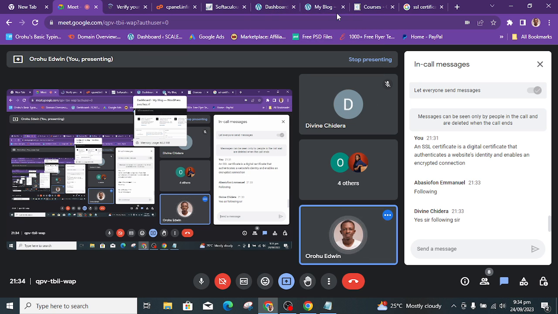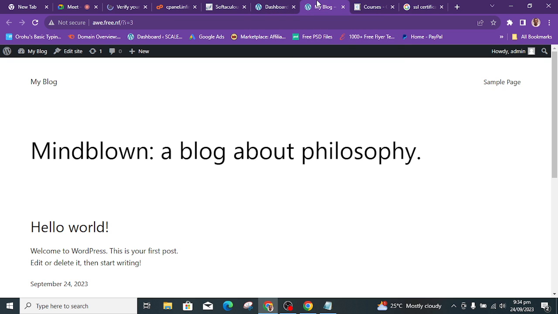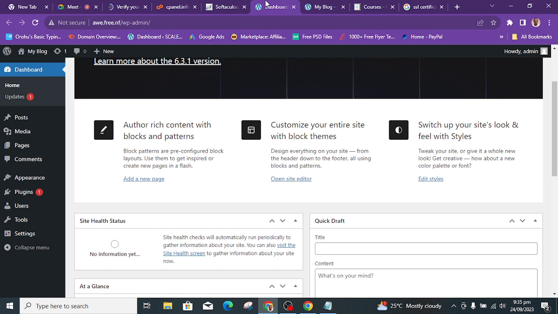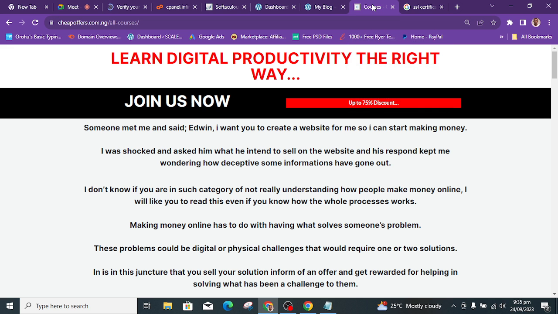SSL is very important. So if you are buying hosting and a domain and it's not activated, ensure you contact your hosting provider so that they can add it to your site. So without further ado, I think I've been able to settle that. The next thing is how to visit